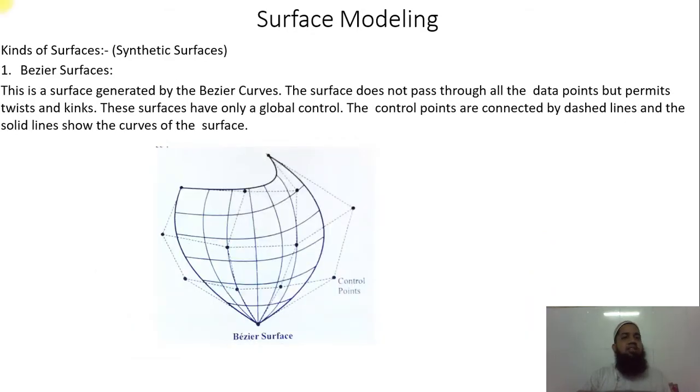As I said, synthetic surfaces. In the synthetic surfaces we have the Bezier curves. We will study the Bezier curves in more detail in the next lecture or the one after, in the further sessions. But you only have to remember here that this is also a curve profile, and it is controlled by control points. You can see a control point over here, and over here. The curve is controlled by the control points, but here the curve does not pass through all the control points. It passes through a few control points, and these few control points globally control this curve. This is called the Bezier curve.